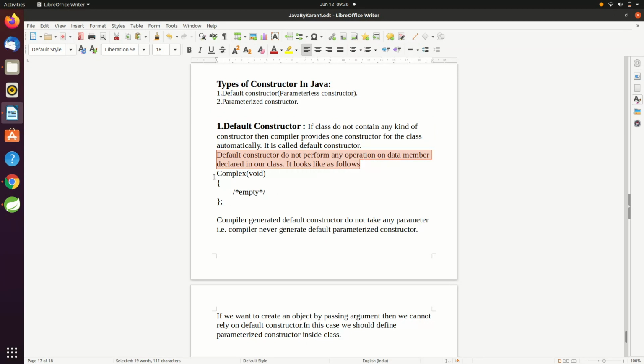Below is an example of a default constructor. This is the class name. We don't pass any argument or parameter in the constructor. The compiler-generated default constructor does not take any parameter. That is, the compiler never generates a default parameterized constructor.